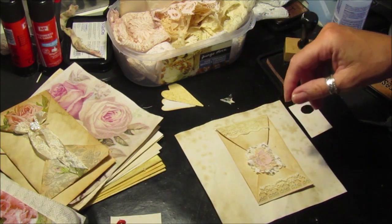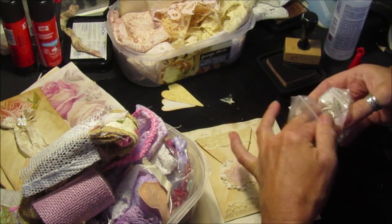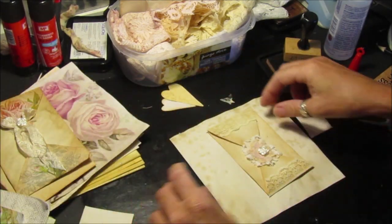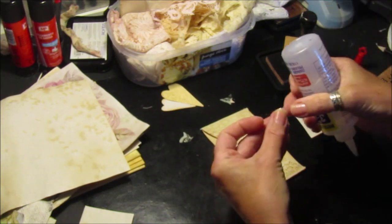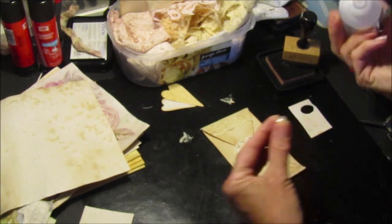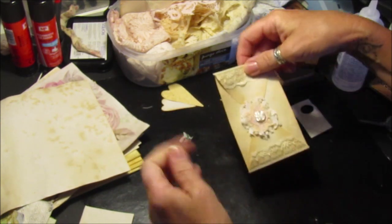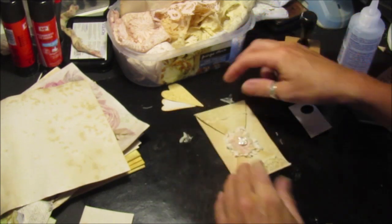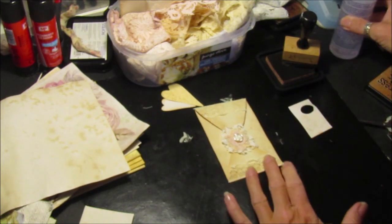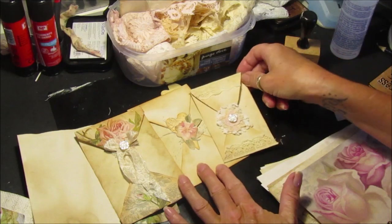So let's find a little flower to go in the middle. So here we go. Pretty little resin roses on here. Back there. A little bit of glue on there, and that just sits on there like that. Okay, so that's really pretty. So then we have three, two larger ones and then a smaller one,